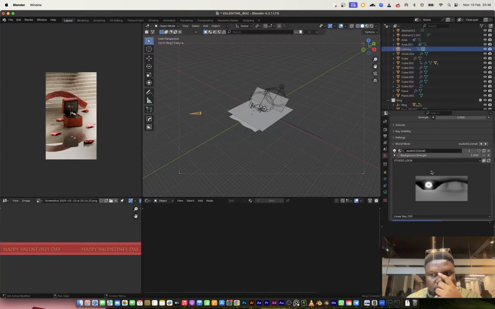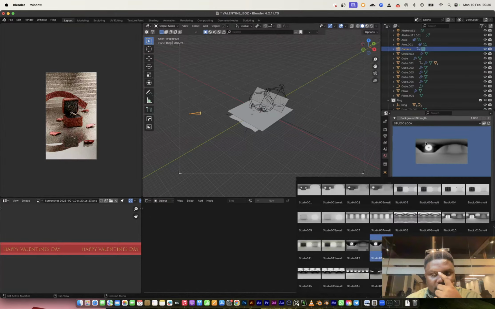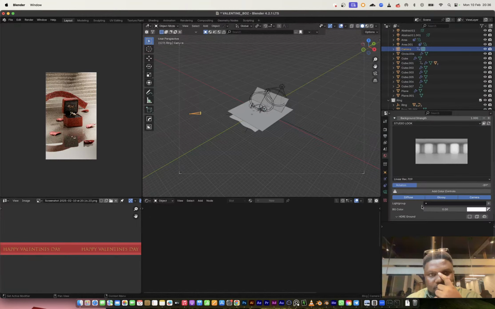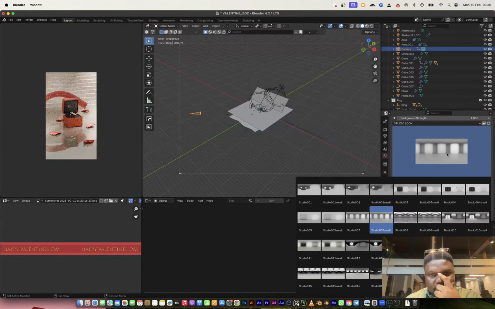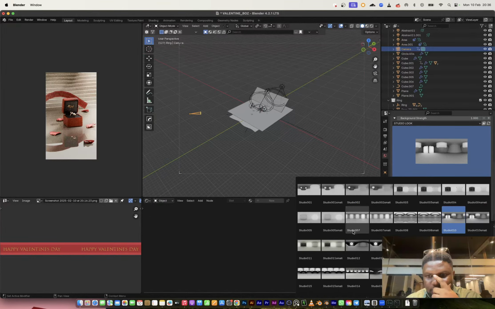If I rotate this, will it work? No, not working. What if I rotate this? Nope. I don't think I need high contrast HDRIs. I need something like this.